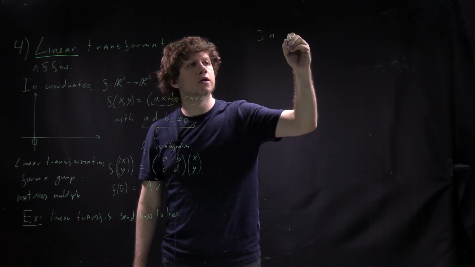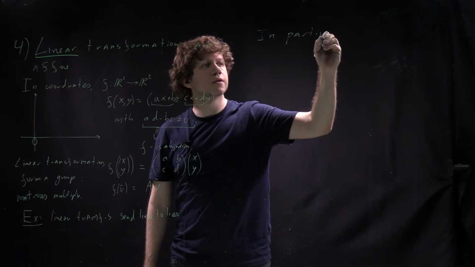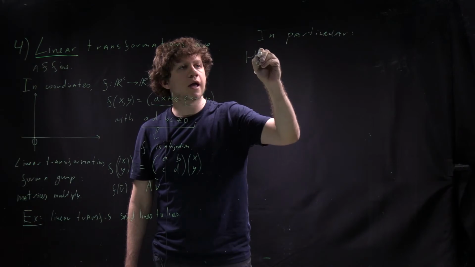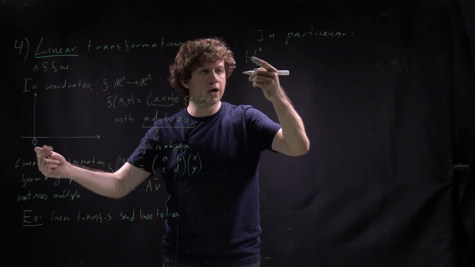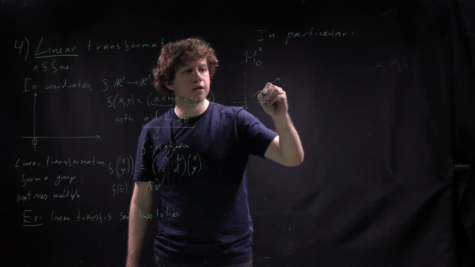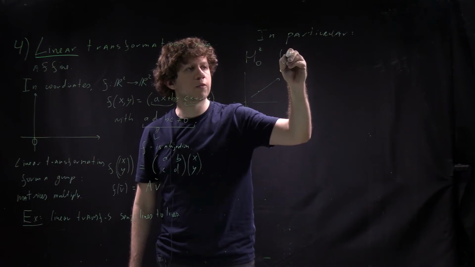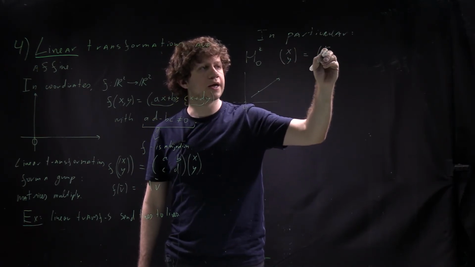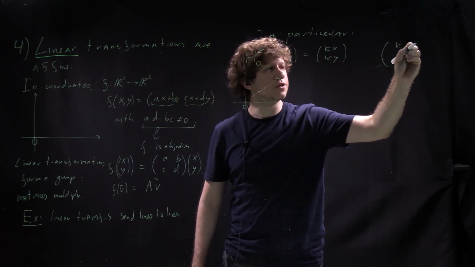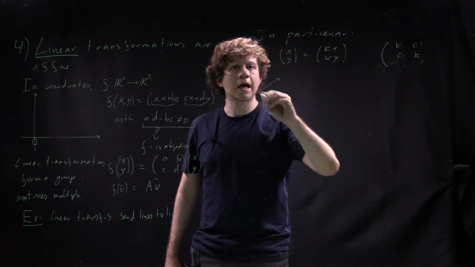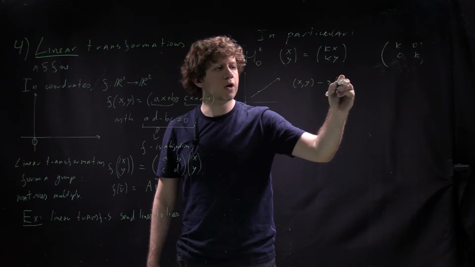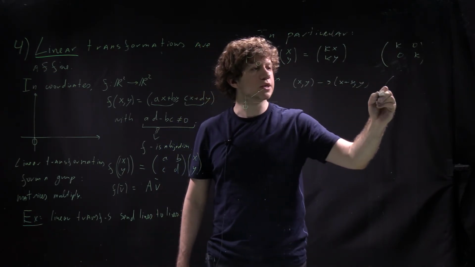So in particular, we discussed this homothety, and in coordinates, if you choose O as a center, then everything is just rescaled by k. So it means an x, y vector will go to a vector kx, ky, and so the corresponding matrix will be k, 0, 0, k. And another example was this: xy goes to x plus y, and the corresponding matrix is